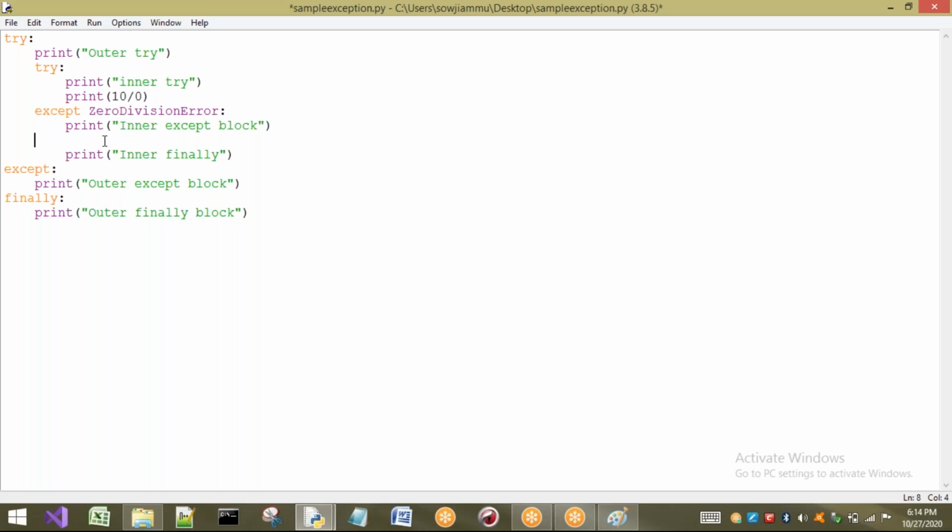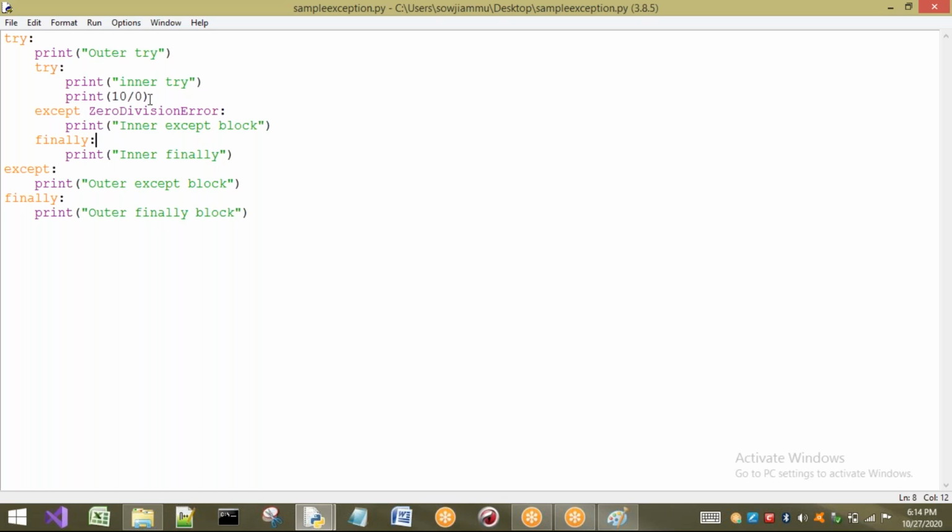Now if I execute this program, what happens? First the outer try statement is executed. After that it enters the inner try, and it prints inner try. After that we get an exception.